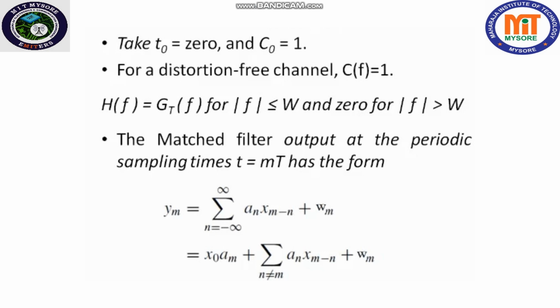Specifically, we may display the received signal on the vertical input with the horizontal sweep rate set at 1 by T, that is periodicity. T is periodicity. The resulting oscilloscope display is called an eye pattern because of its resemblance to the human eye. Examples of two eye patterns have been discussed. First, let us go through the general eye pattern now.